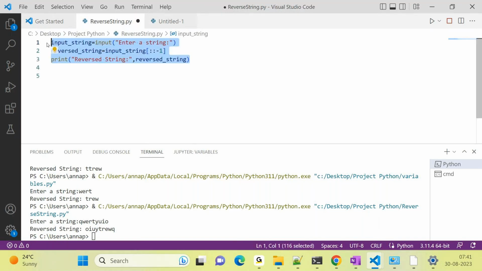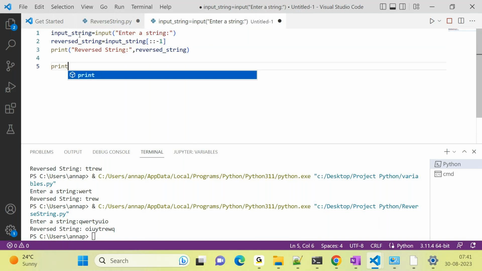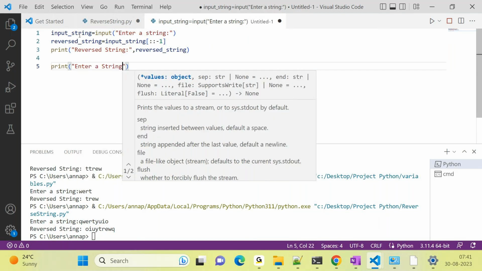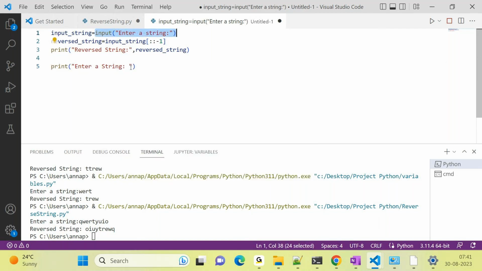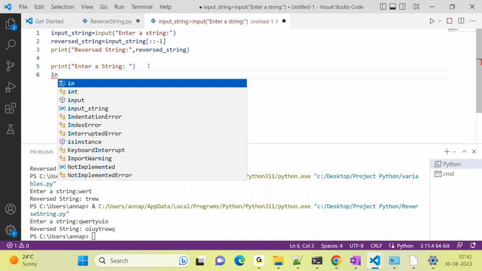Here I can give print. So instead of getting it directly in the input, I'm just printing enter the string, and then next I'm creating a variable because I want to store the input the user has given. Only then can I process the input. Only if I store it in some variable can I refer to that variable and perform slicing on the content of the variable. So I'm just creating a variable input string equal to,